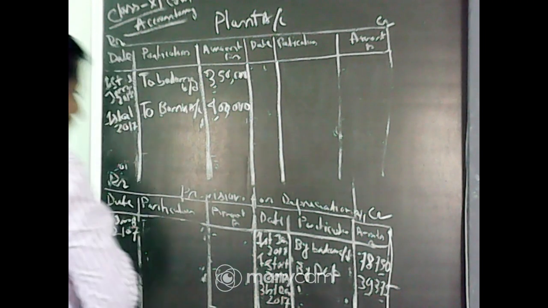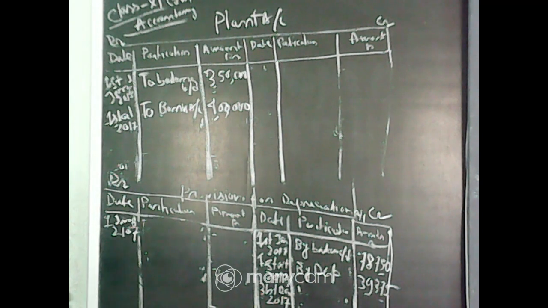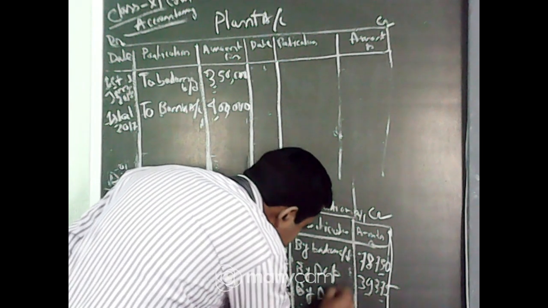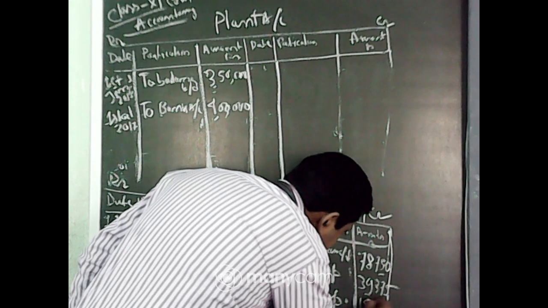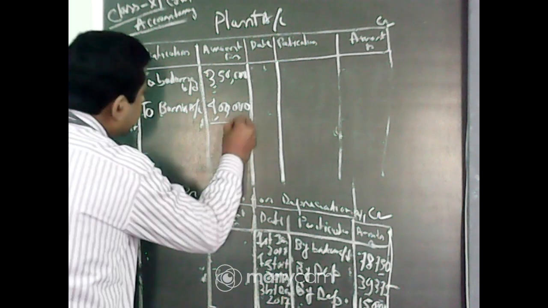Okay. Now upon 4 lakh, if there is a 15% depreciation, then what will be the depreciation rate? But actually the machine was purchased on 1st October. So October, November, December, that is 3 months, we are using this machine. So depreciation will be charged for the 3 months. So what will be the 3 month depreciation at the rate of 15%? That will become 15,000. So we only charge 15,000 depreciation for that machine.